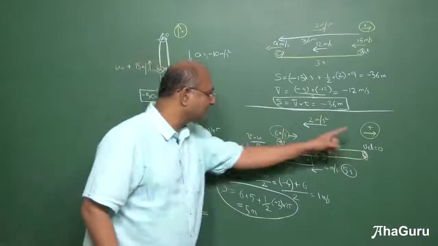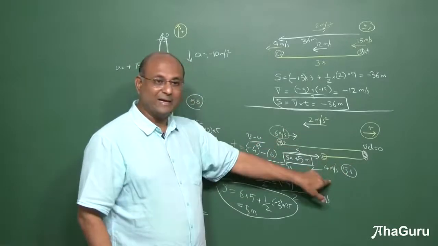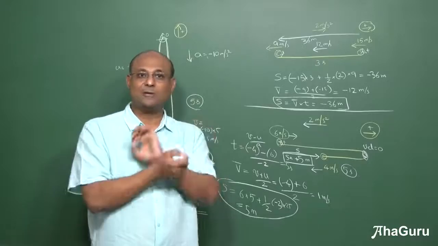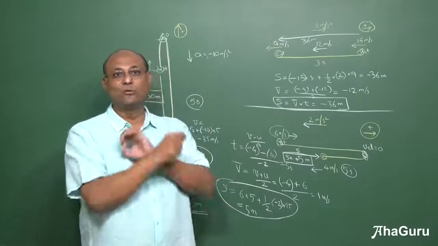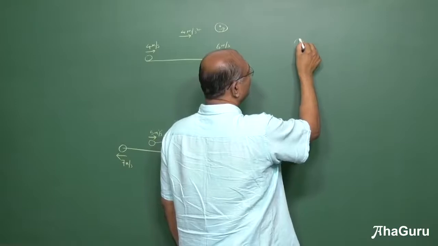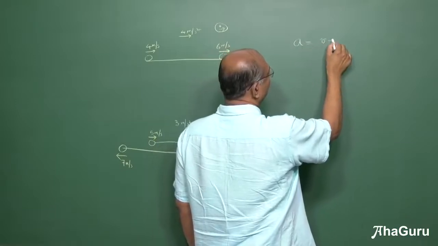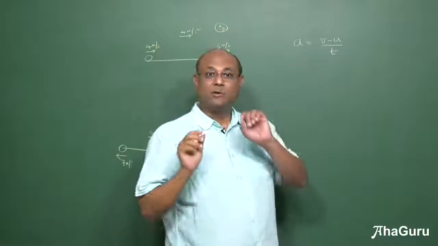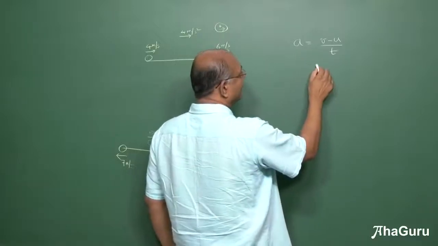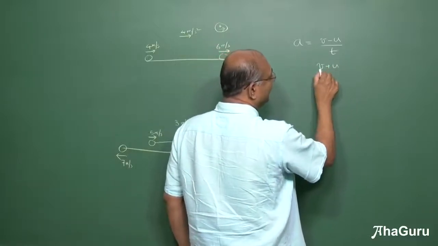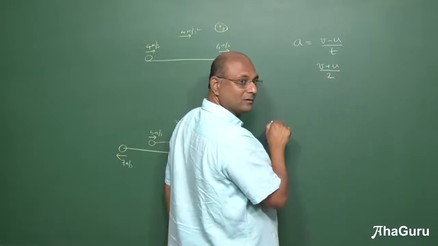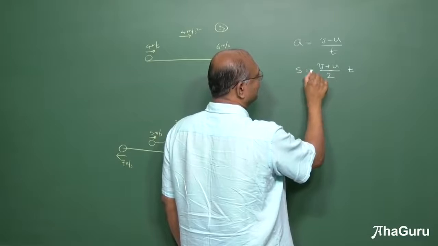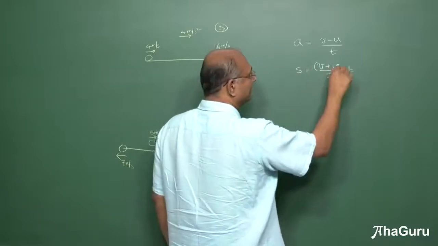Now if you look at some of these questions, I had the starting velocity and the ending velocity. I had to do a lot of work to calculate displacement. Is there a shorter way? So that's what we are going to now see with a new formula. We know that acceleration is v minus u by t, right? We also know that average velocity is v plus u by 2. But average velocity into time is displacement.